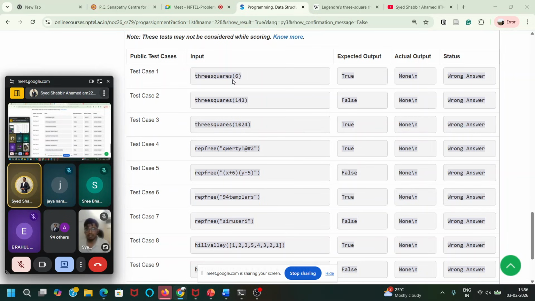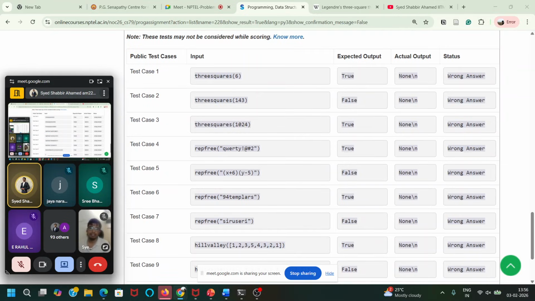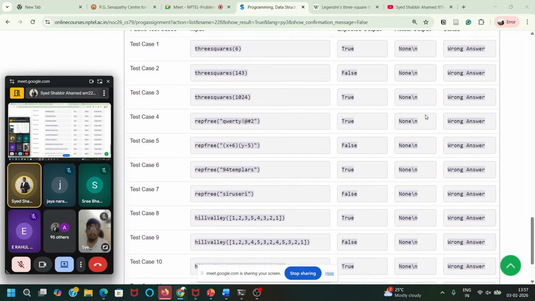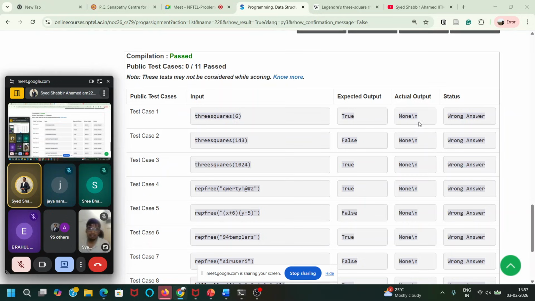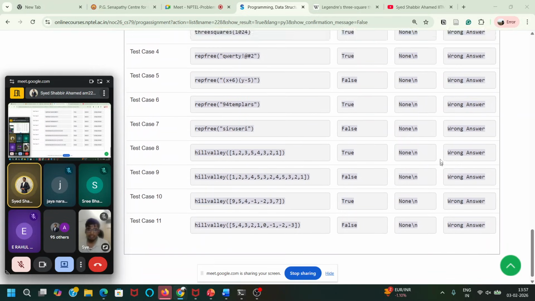What they are doing is taking your function, giving some input to it and testing what output it gives. If they give 6 to your program, the expected output should be true. And here I am running, I have not written the functions properly because the output being returned is none. So all the outputs are none.